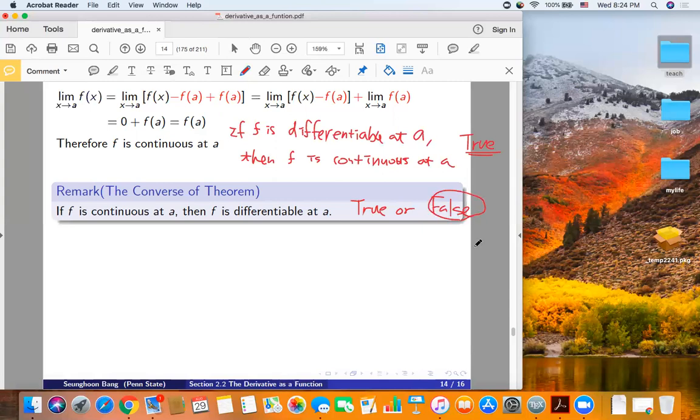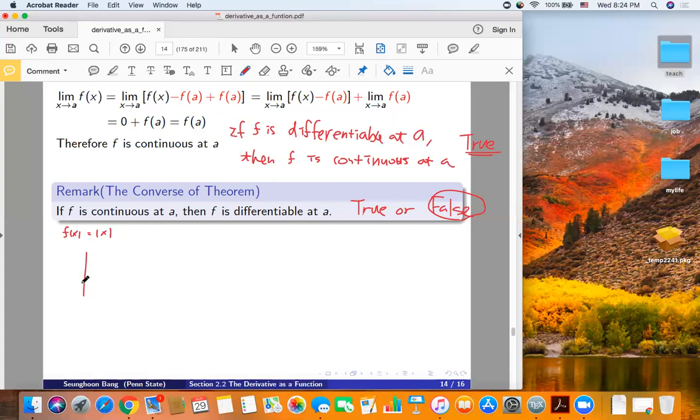Do you have an example? Do you have some example? The example is a function f that is continuous at a, but not differentiable at a. So do you know an example? Zero. What does it mean, the zero? So the example is like this. Yeah, absolute value thing. You're right. Good. So f of x is